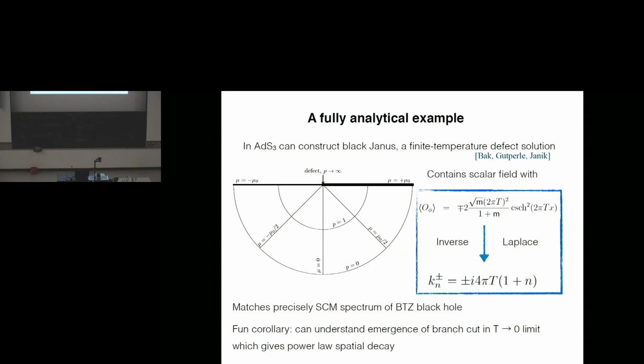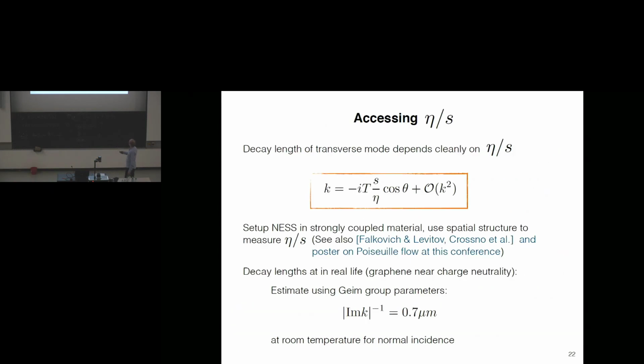But of course, if you were interested only in the dominant behavior, you would just take the one which has n equal to 0 here. So that's a complete analytic demonstration that this is in fact the correct description of this spatial feature. Okay, I'll skip the corollary.